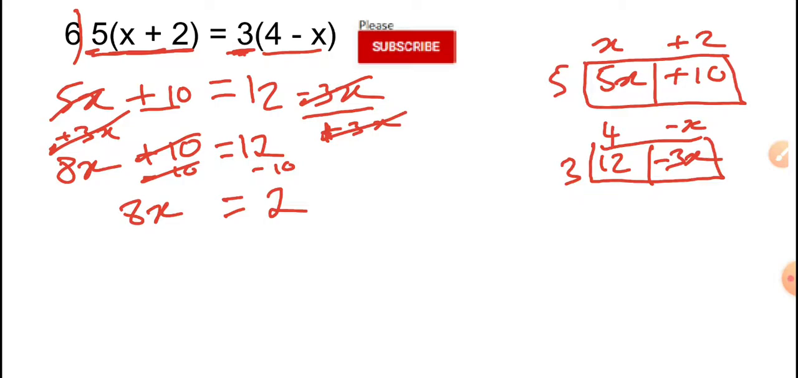Now to get the x on its own, I have to get rid of this times 8. So to do that I have to divide by 8 on this side, I have to divide by 8 on this side. So on the left hand side the times 8 and the divide 8 cancel out, leaving just